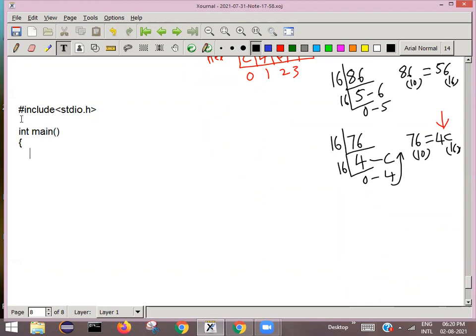Here what we require is a decimal number. Anyhow, the input is a decimal number. You can declare a long type, so call it decimal number DN. What else do we require?